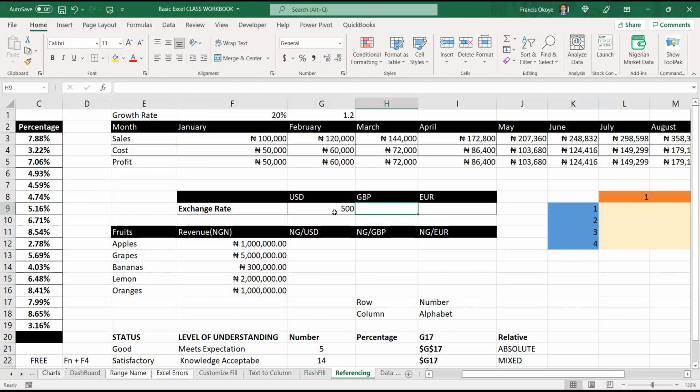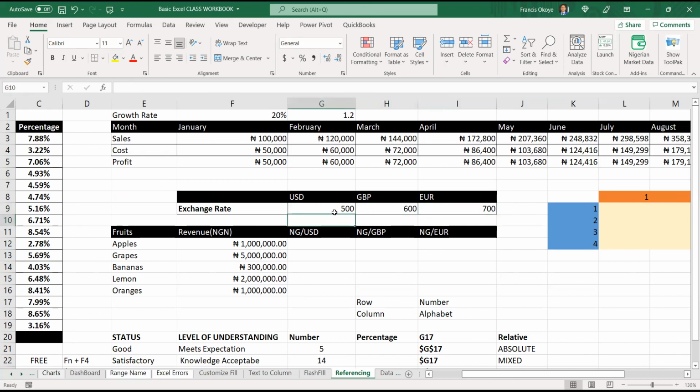Pound would be like what? 600 or something, it's 6 something. Okay, let's say 600. Then euro is 700 plus. So let's do 700. Pound is 600, euro is 700. Okay, let's assume this is it.